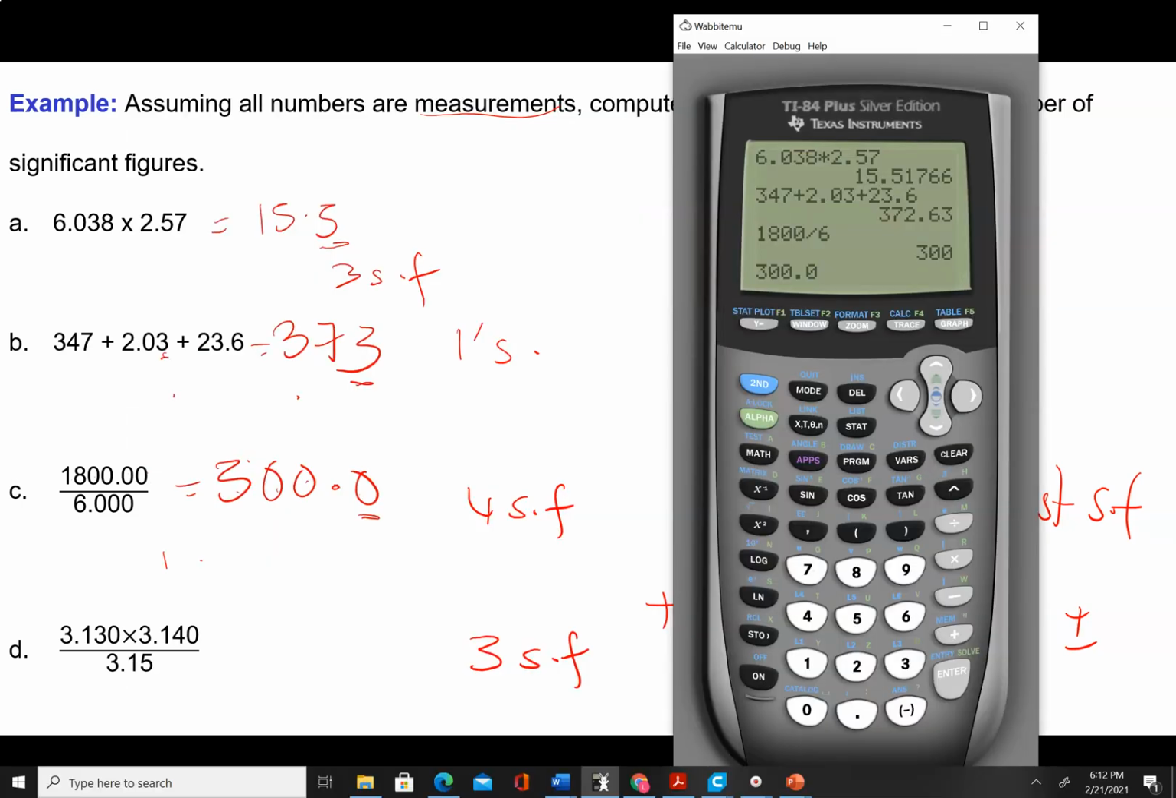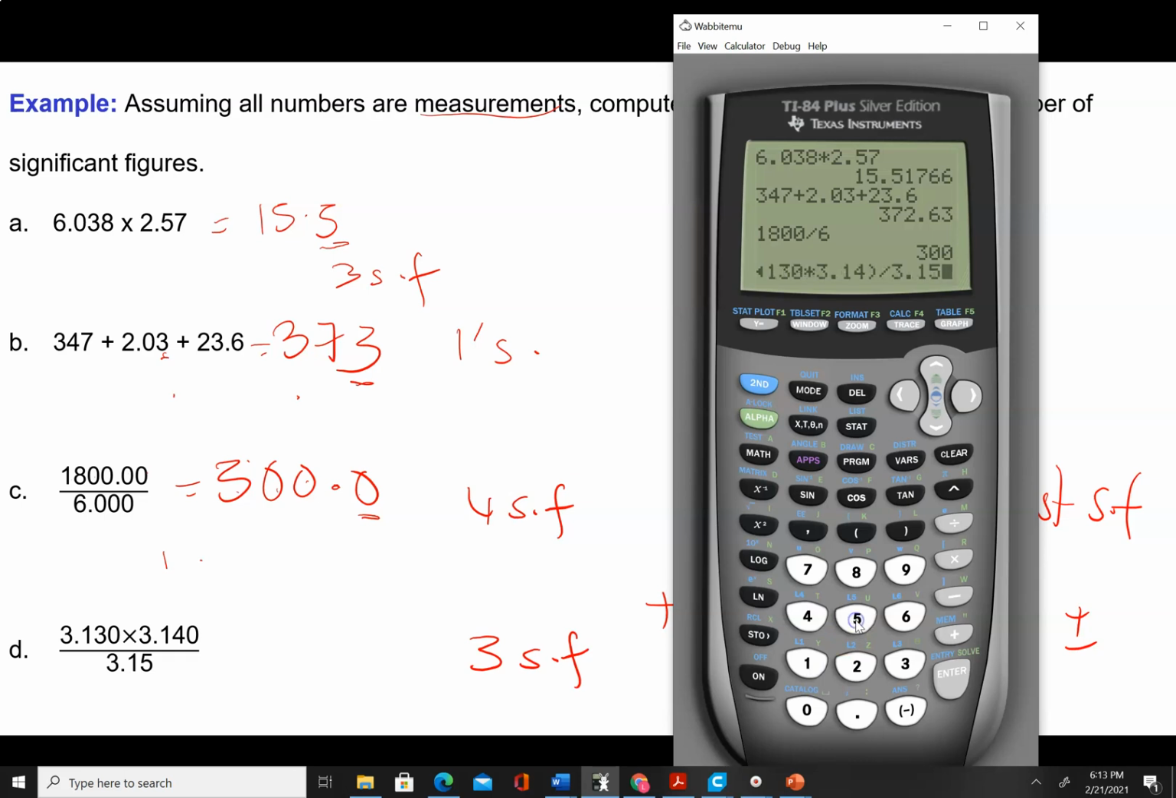Okay, here we go. So whenever you're entering in fractions that have multiple components on either the top or the bottom line, you always want to put that in parentheses. So open parentheses, 3.130 times 3.14. You don't have to put the 0 on the end. Close parentheses, divide